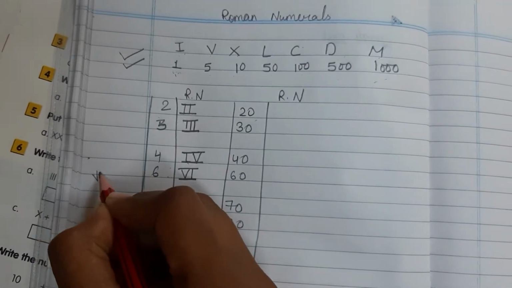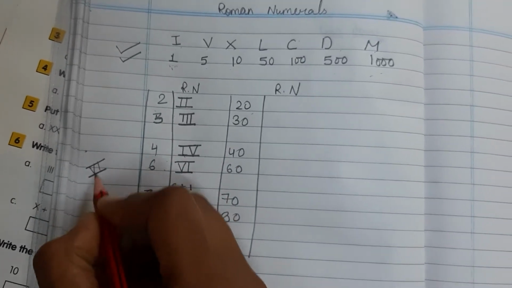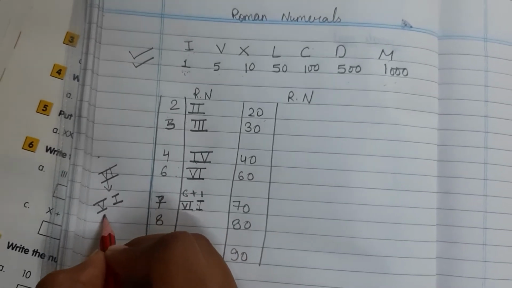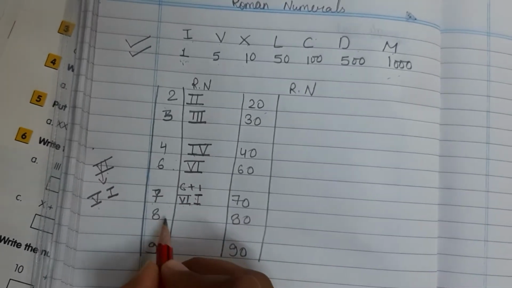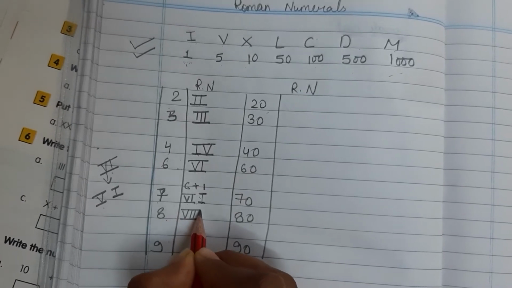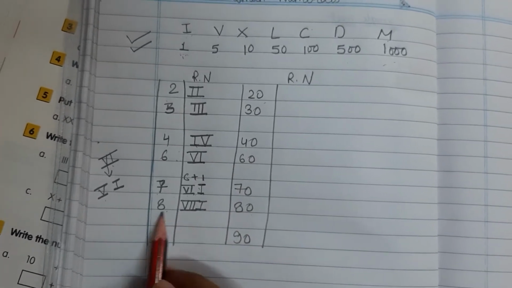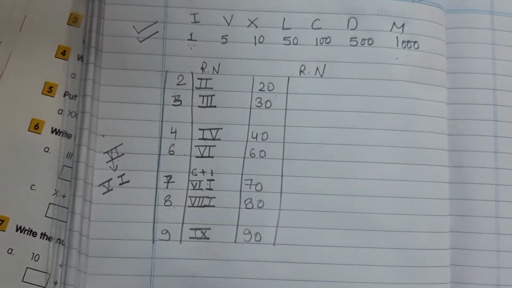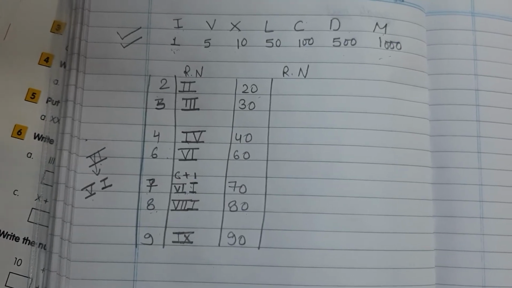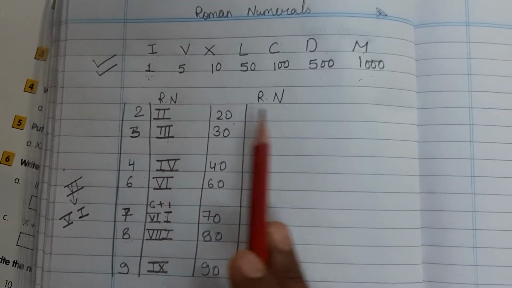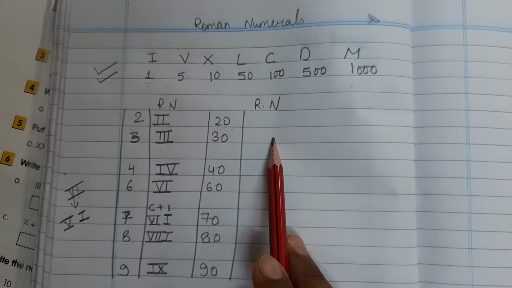And one more thing, if I am writing here like that, it means this number is V and I. You can separate also, you can write like that also. Now for 8 you have to write 7 again, and for one more you will add I. Now it becomes 8. And 9, this is I and X, this is your 9 Roman numeral. Now by comparison with these Roman numerals, we have to make other Roman numerals.